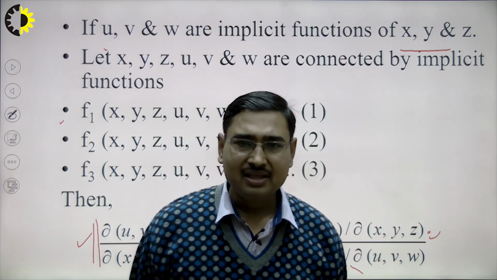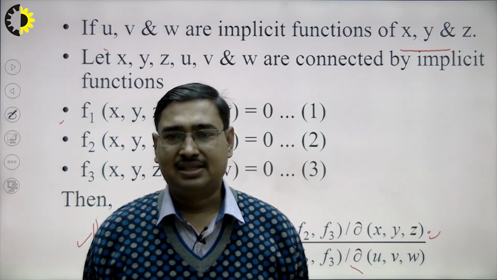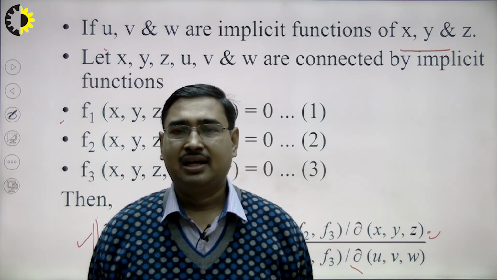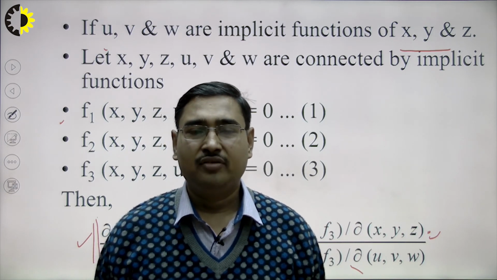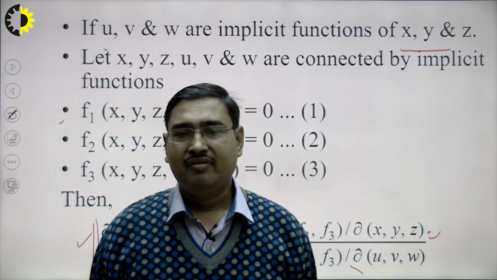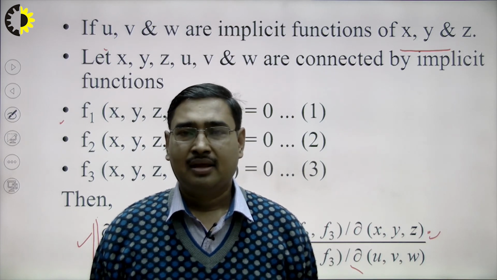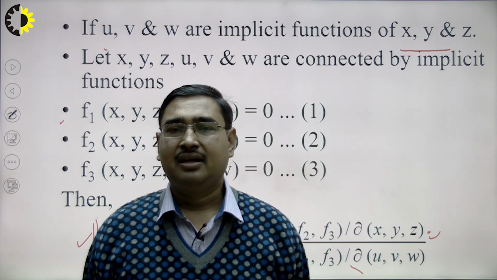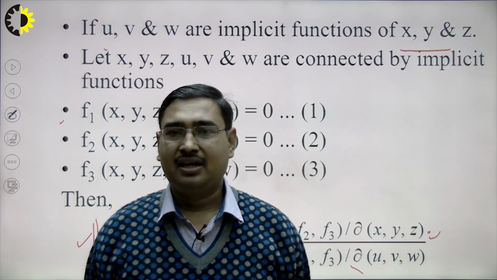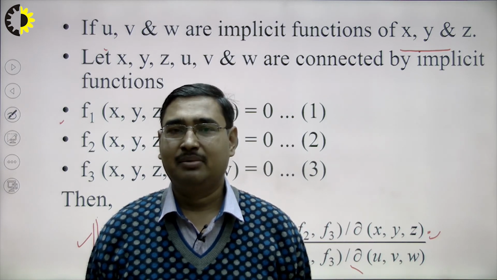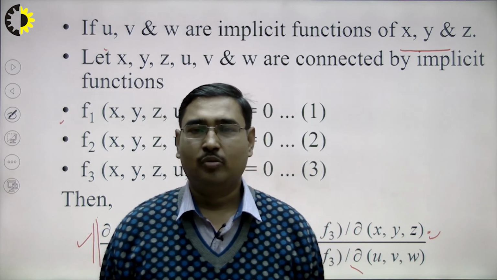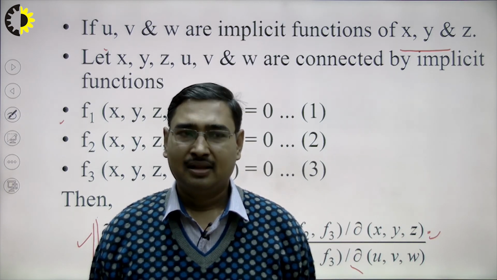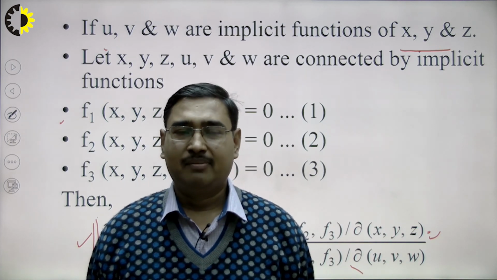Thus, in this lecture, we took the example of the first property, and in that example we learned how we can find one Jacobian of the form del(u, v, w) over del(x, y, z) if its reciprocal is known. Then we learned the second property. In the second property, we saw that without expressing u and v directly in terms of the actual independent variables, we can still find the Jacobian del(u, v) over del(x, y). The property can be generalized to 3 variables also. Then we took an example of that property.